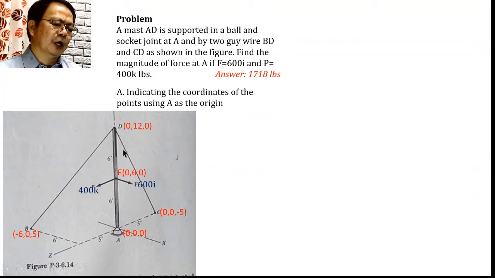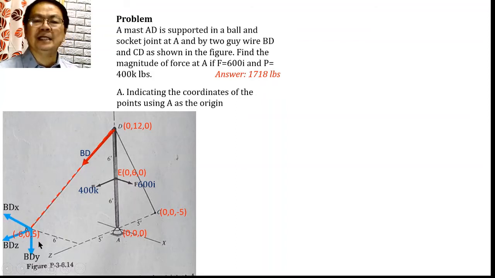alam natin na itong guy wire ay will be exerting a tension. And because it is directed from D to B, we will expect that the tension will have three components. One component along the x-axis, the other one along the y-axis, and the other one along the z-axis. So ipakita natin yung kanyang force, assuming that this is the direction of the force. So we shall see here the direction of the components. The component along the x will be directed towards its negative direction, along the y towards the negative as well, as along the z towards the positive z